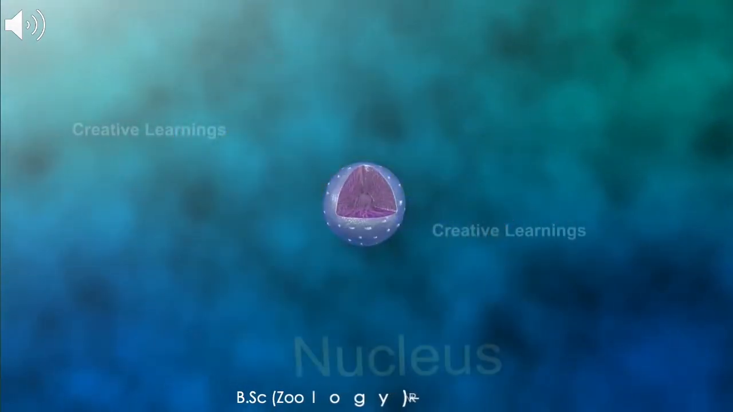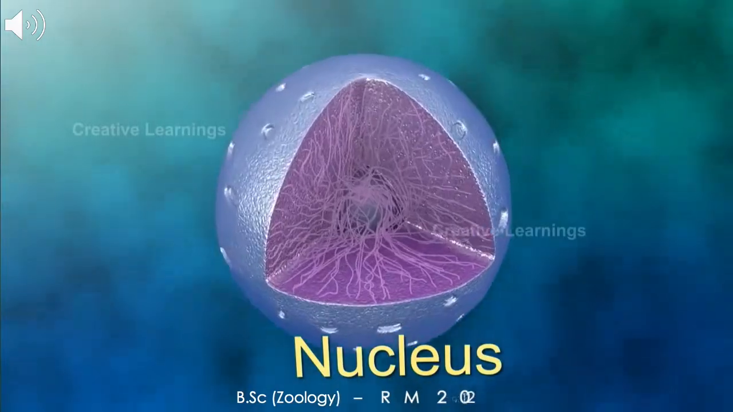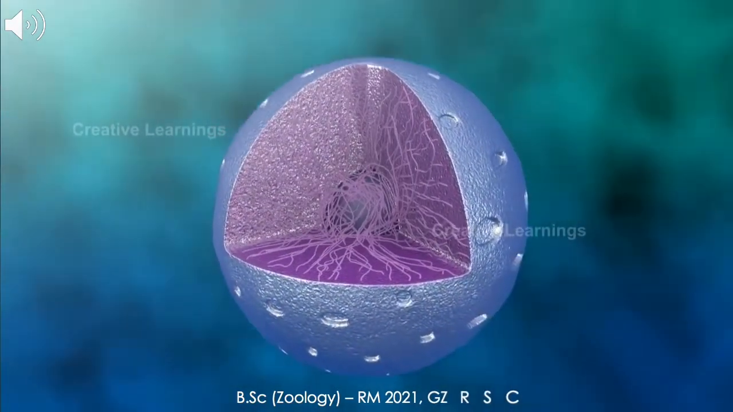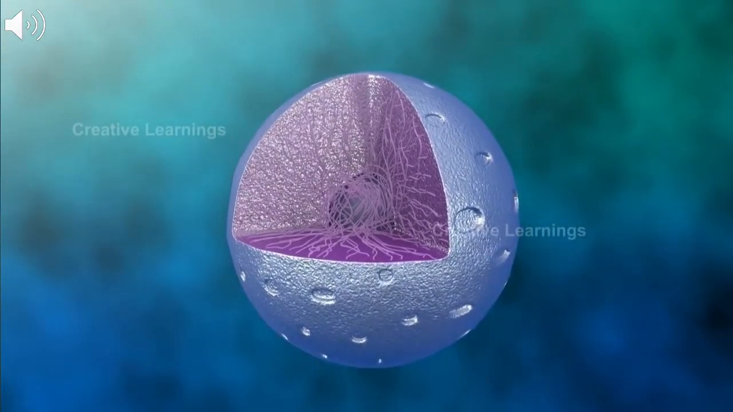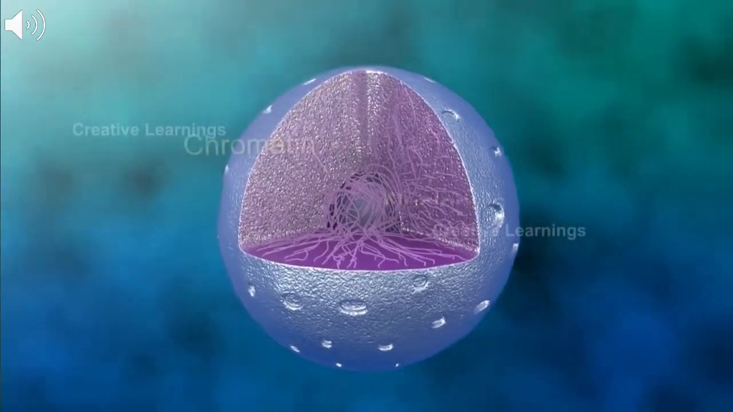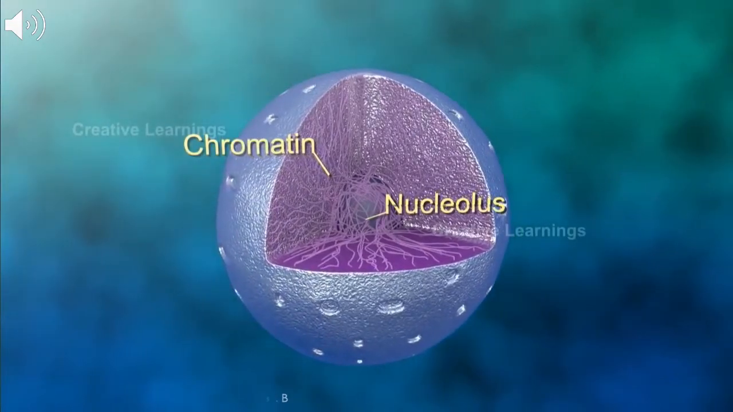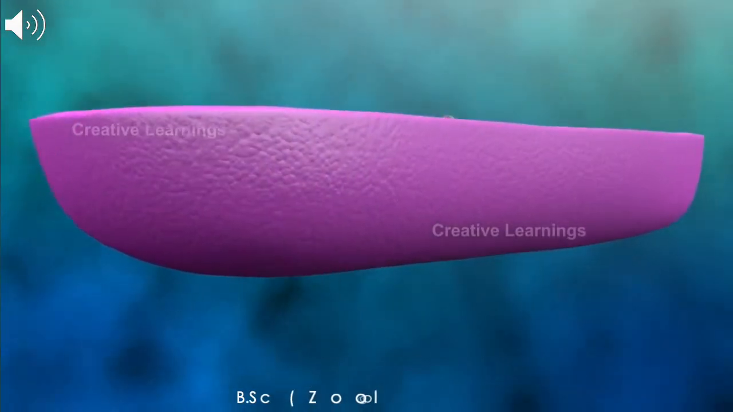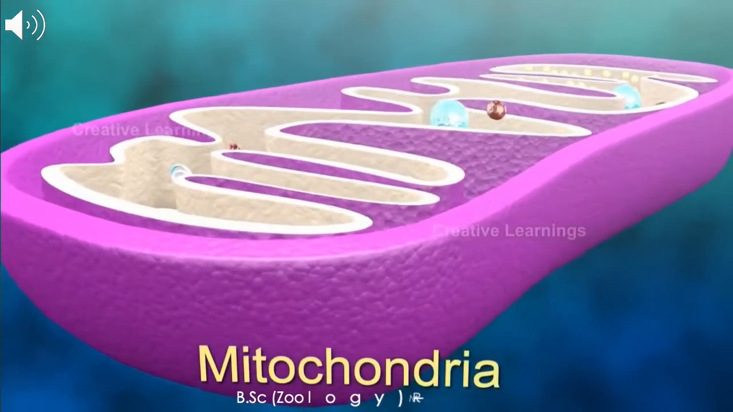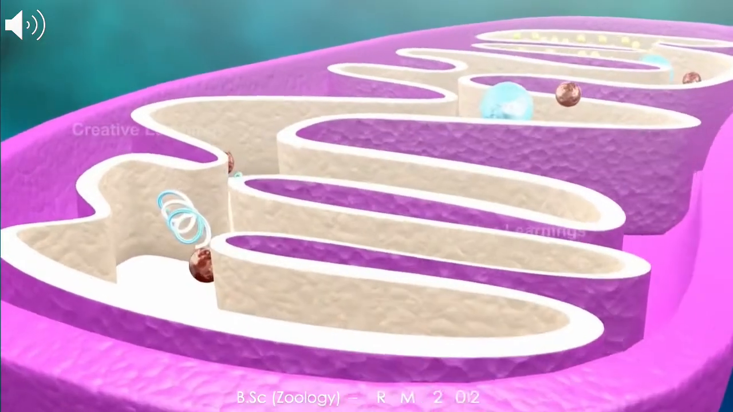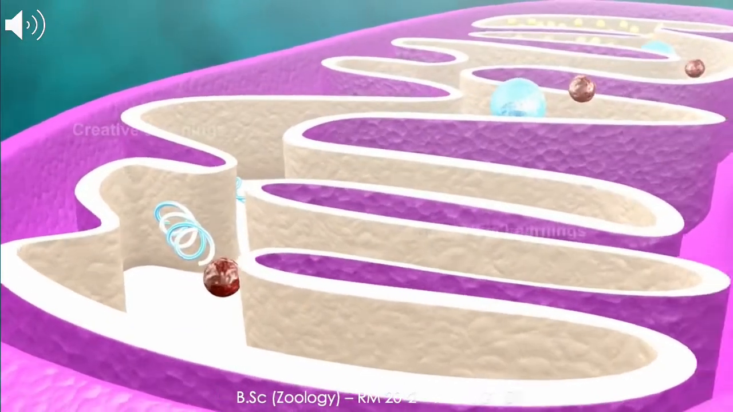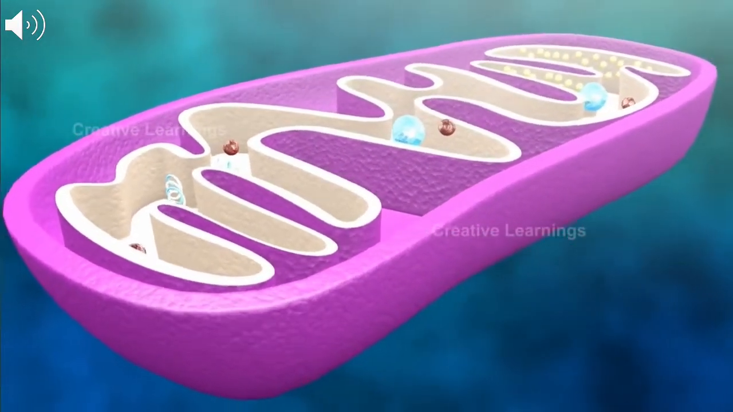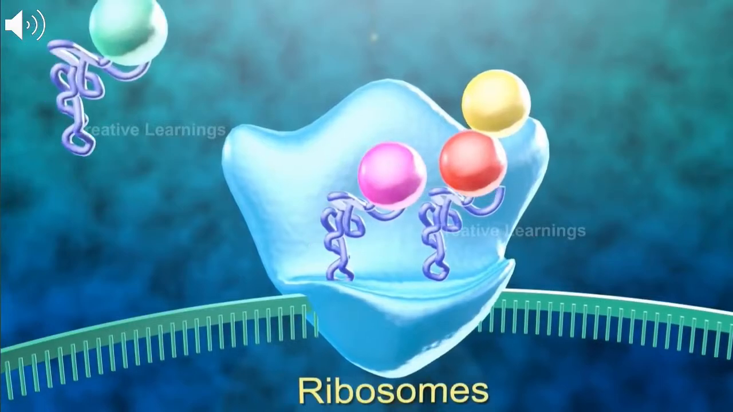In the center of the cell lies the nucleus. The nucleus acts as the brain of the cell. Each and every metabolic activity of the cell is regulated by the nucleus. It contains the DNA in the form of chromatin and the nucleolus. Cells contain a number of small double membrane-bound organelles called mitochondria. They are the powerhouse of the cell and carry out aerobic cellular respiration to generate adenosine triphosphate, which is the